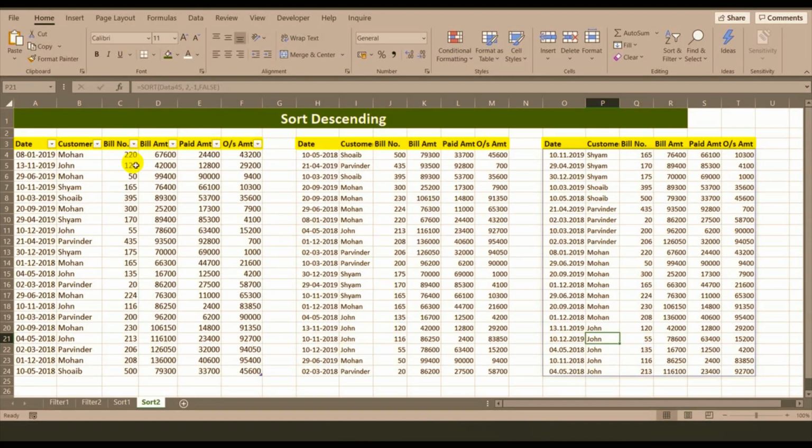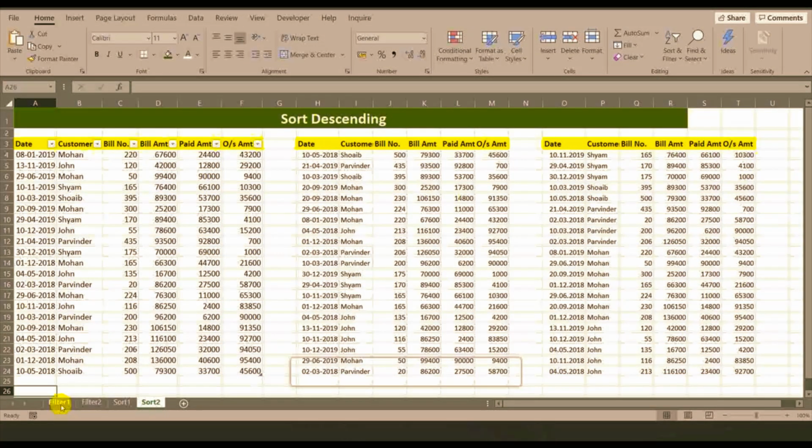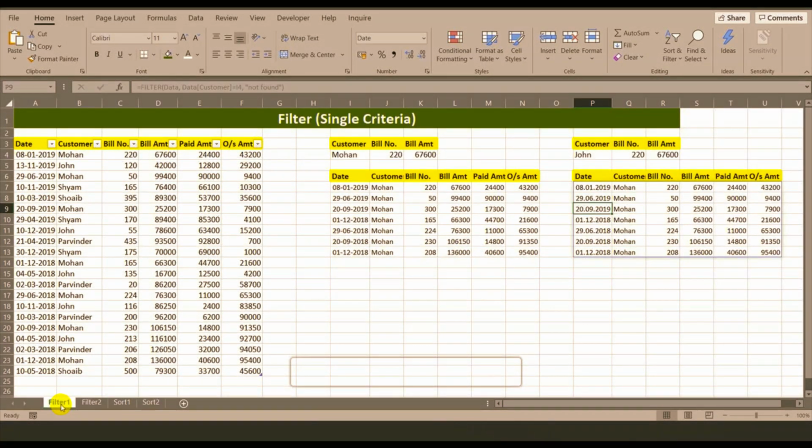These two formulas, filter and sort, we can use combine also. So we will use that now. We will go to filter sheet, and now here we want to get the filter data and also sort it out by descending order.